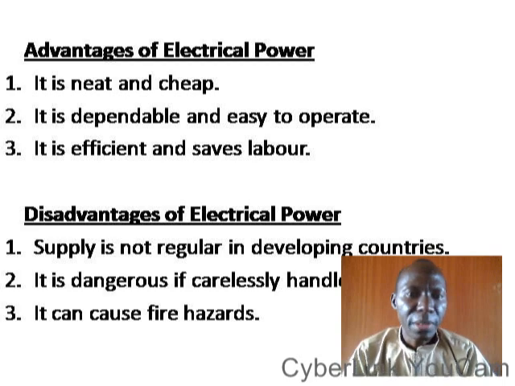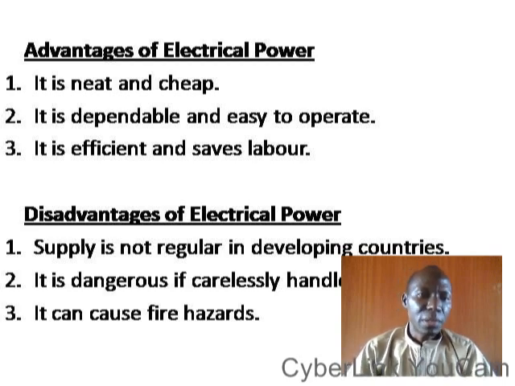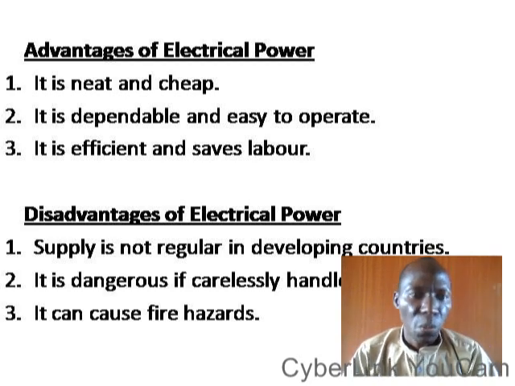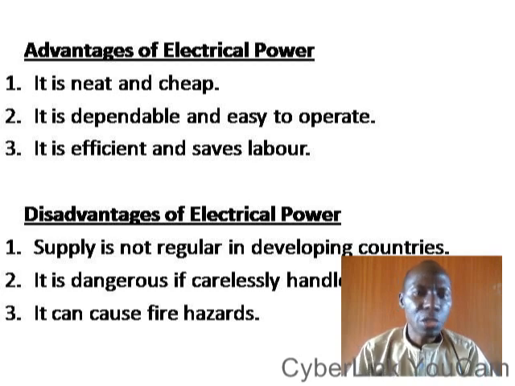It is cheap in the sense that once it is produced, the cost is minimal. Number two, it is dependable and easy to operate. Three, it is efficient and saves labor. Disadvantages of electrical power: